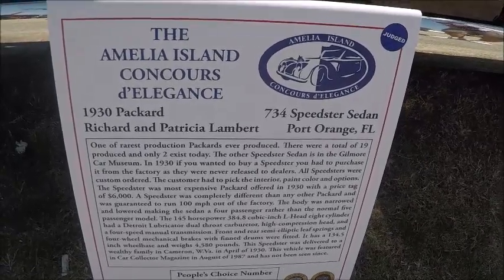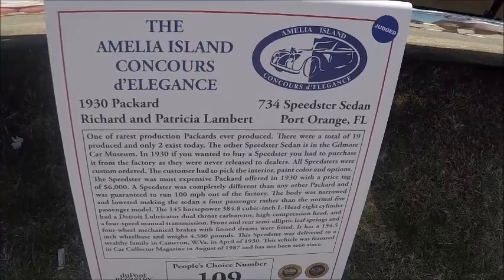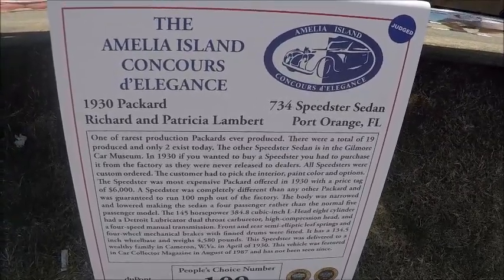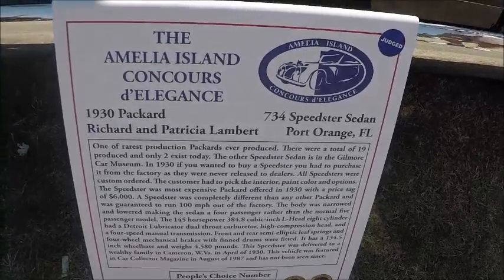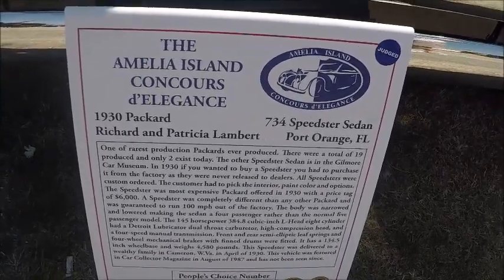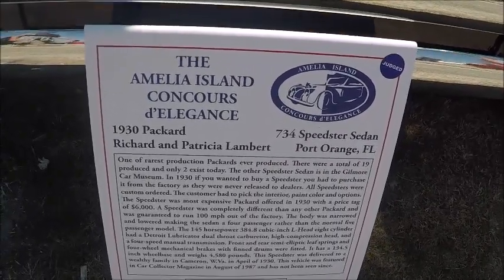They were special order from the factory. In fact, no dealers had them. You had to order it directly from the factory. And they gave you a choice of interior, colors of the paint, so on. So it was an extensive option list. And it was